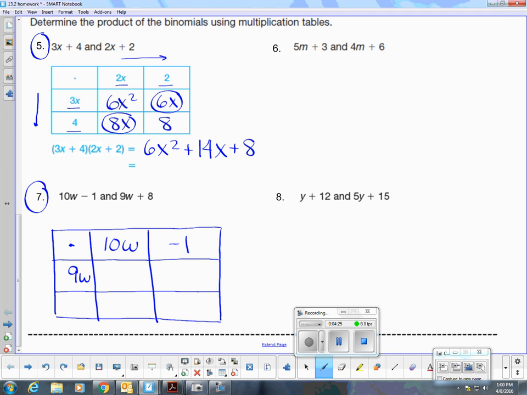Second binomial, 9w plus 8. So the product of 10w times 9w is 90w squared. The product of 9w and negative 1 is negative 9w. Multiplying 10w by 8, 80w. And multiplying 8 times negative 1 is negative 8. So once again, adding like terms, I get a final expression of